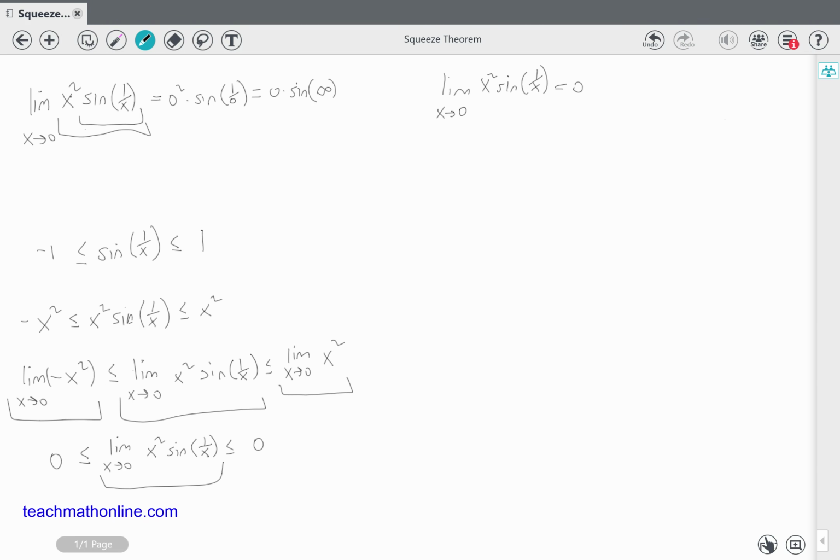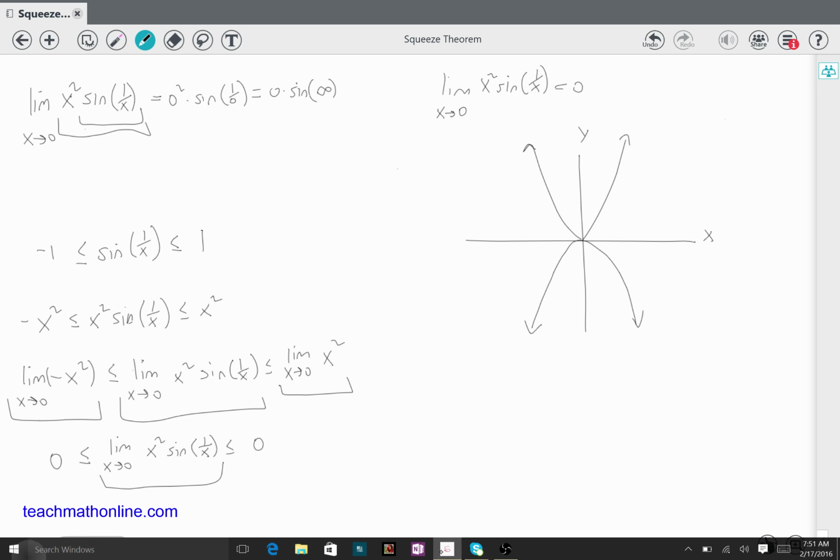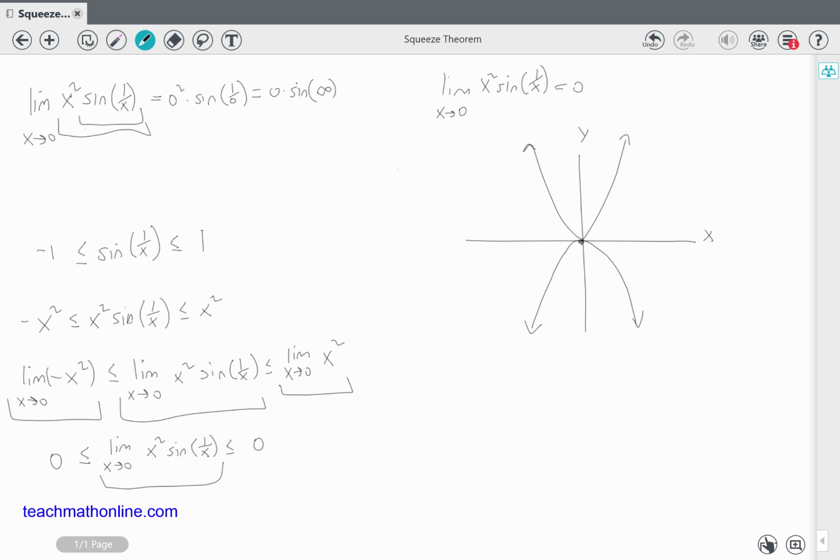We can see this by graphing it. Let's say we draw this coordinate plane. If we were to graph x squared, something like this, and negative x squared, we see that as x approaches 0 for both of these, we have 0 right here. And since we know our function, x squared times sine of 1 over x, is always going to be less than or equal to one and greater than or equal to the other, as we see right here,